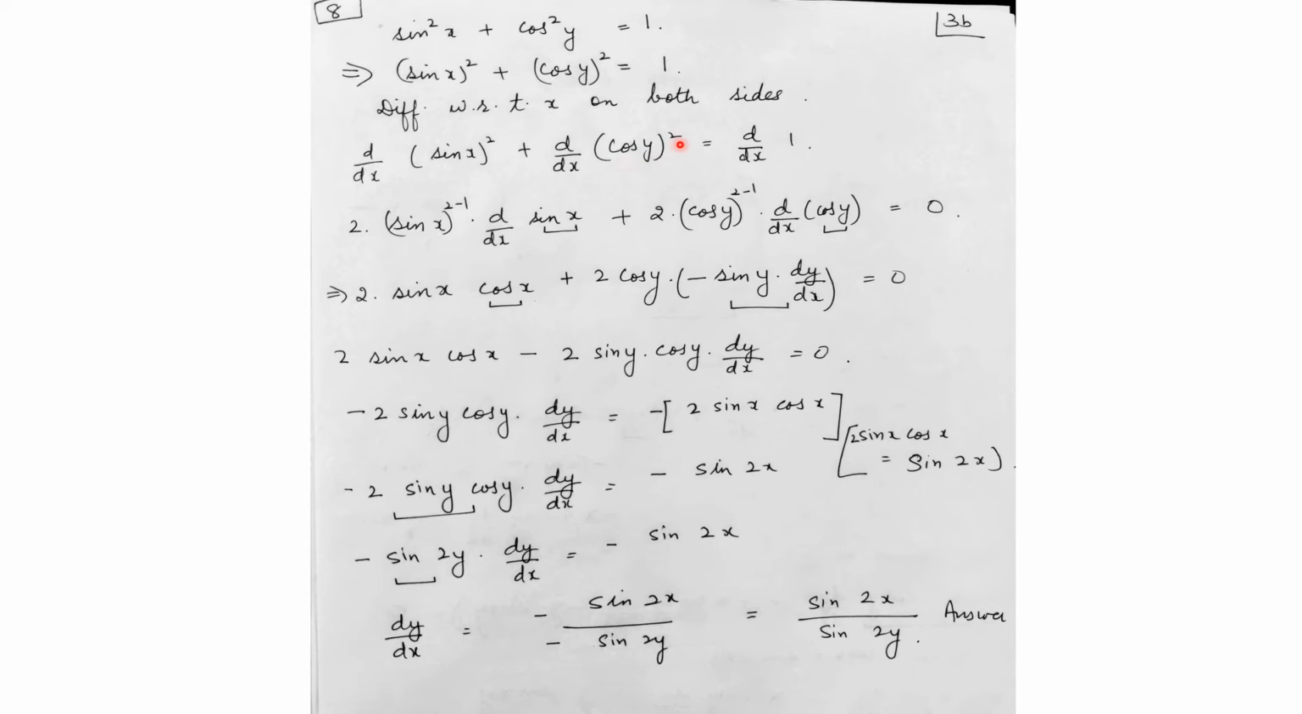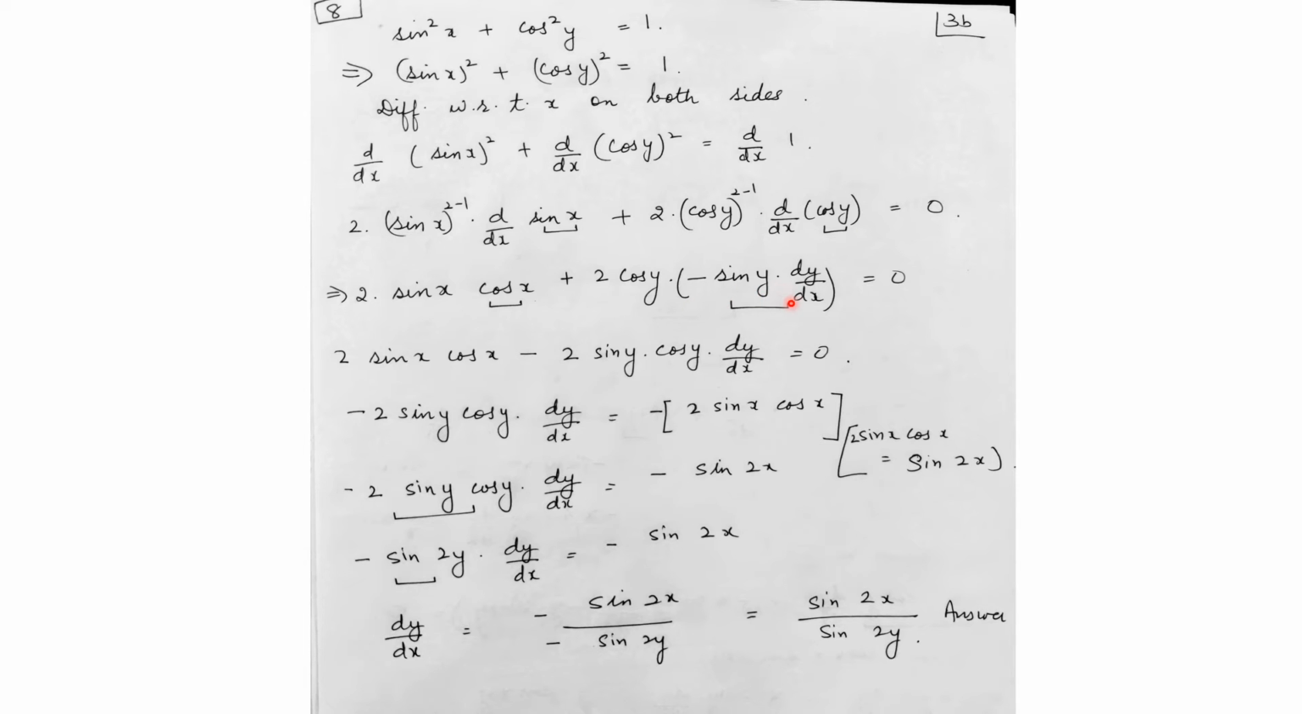Plus cos y whole square, it will come out to be 2 cos y power 2 minus 1 into d by dx cos y is equal to d by dx 1. Answer is 0 because 1 is a constant. Now here you will get, what is the derivative of sin x? Answer is cos x. Okay, so you will get 2 into sin x cos x plus. So here you will get 2 cos y as it is. What is the derivative of cos y? Answer will be minus sin y